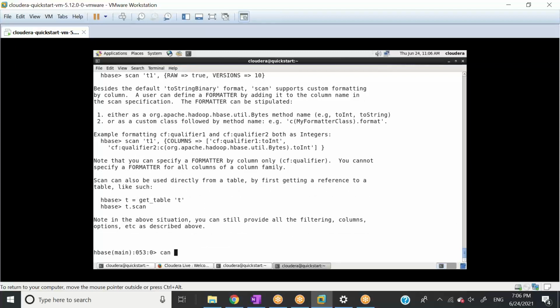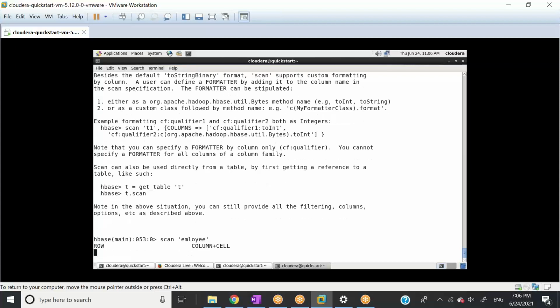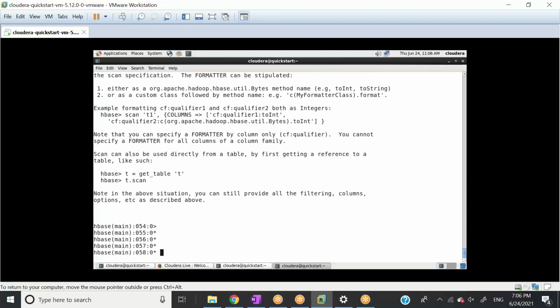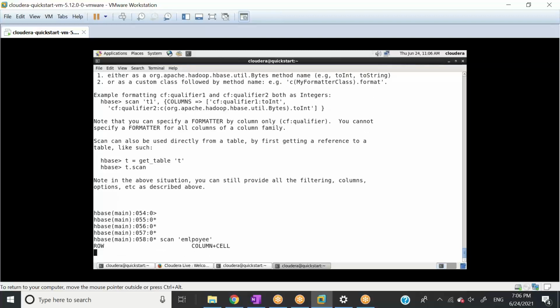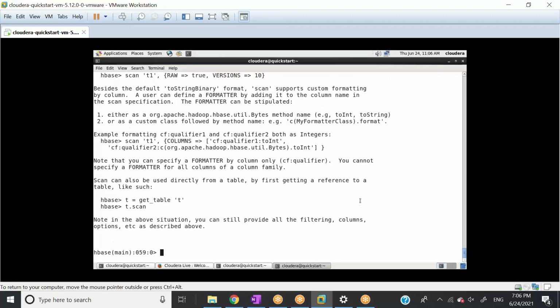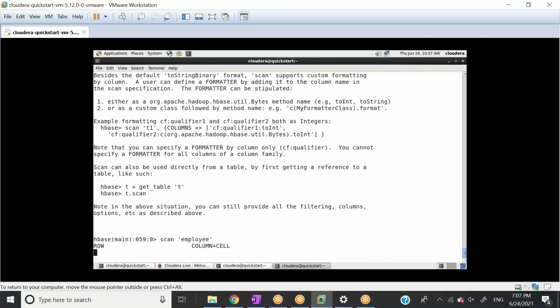Let's say I want to scan the employee table. SCAN employee. Sorry, again, spelling mistakes must be there. There is a spelling mistake somewhere. EMPLOYE.